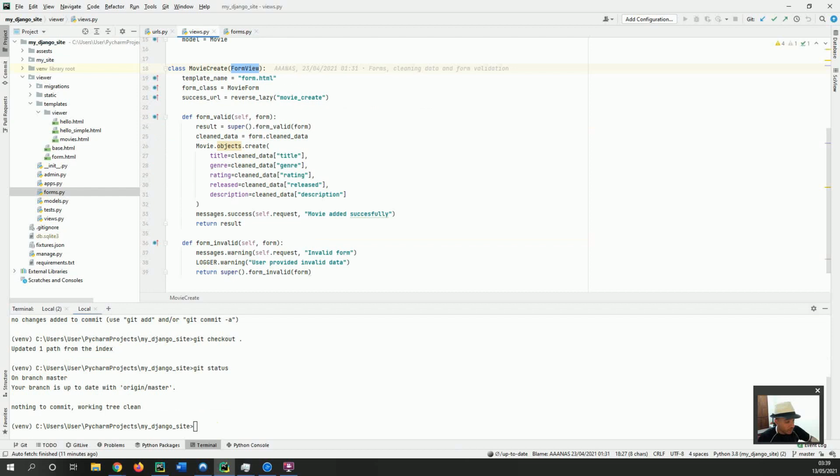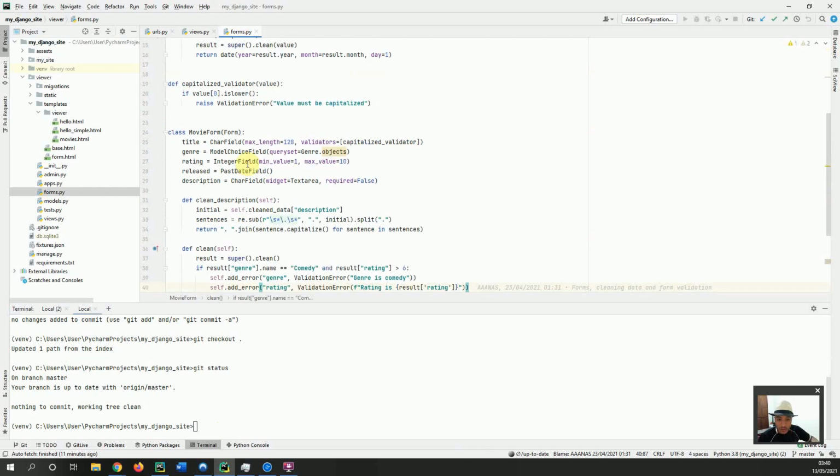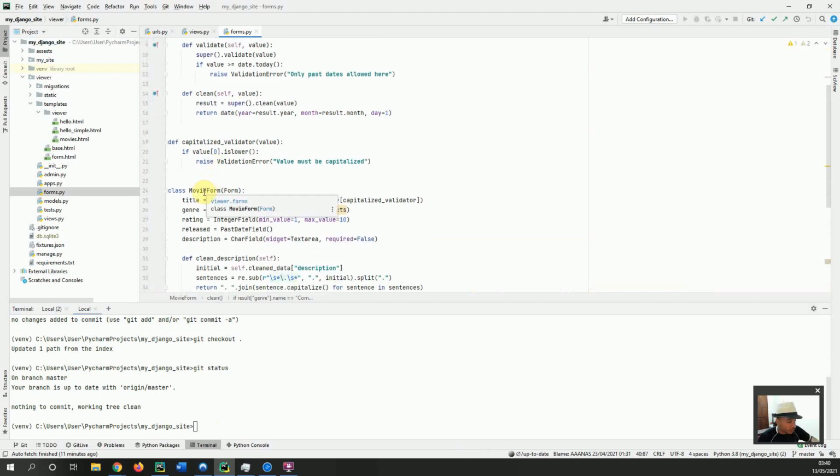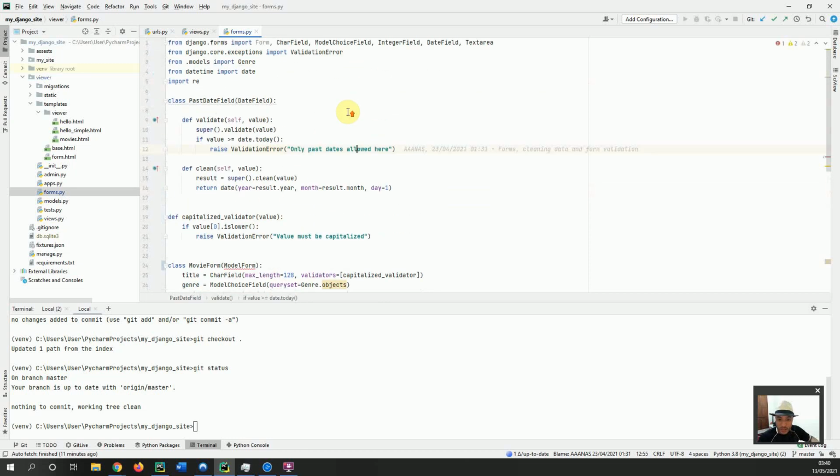the model form. So to do that, I will come here and we will use something called a model form. So movie form would be a model form instead of form. Okay, and then I can change here and import a model form instead of form. Okay, and then for the